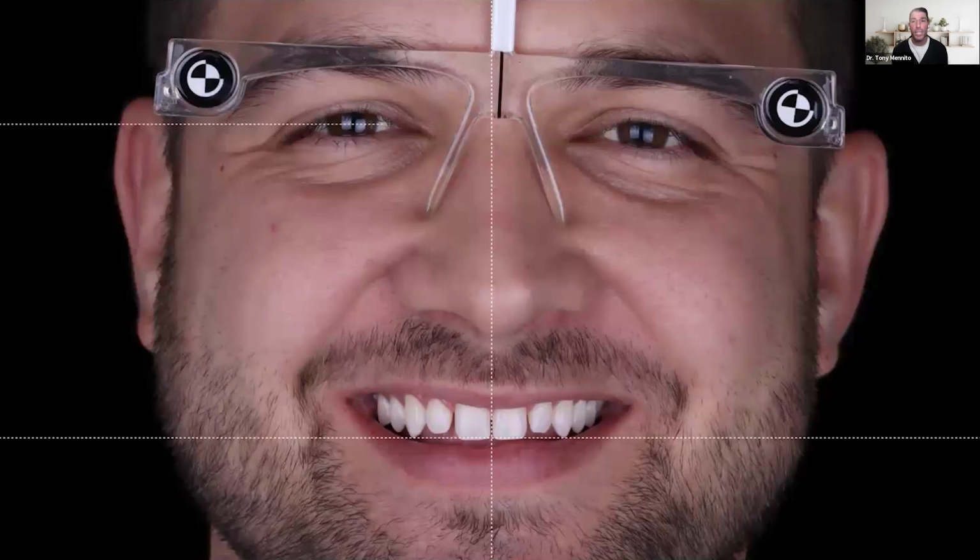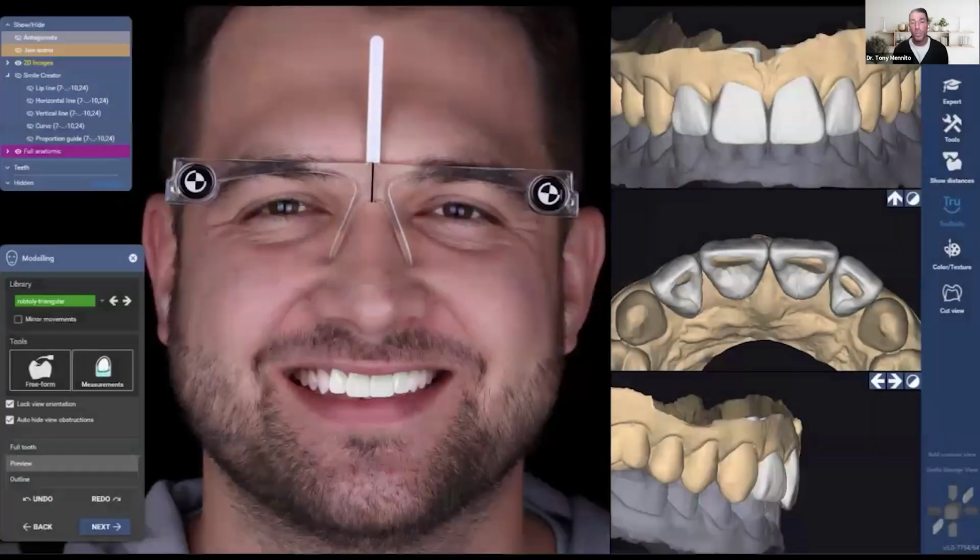Now, I was able to show this to Dom. He's a dentist, right? He knows all about this stuff. And we talked about the fact that sometimes that interpupillary line is not necessarily representative of how his natural head position might be, right? Everybody's a little bit different. So if we redraw those lines now and we instead look at the tip of the canine, can you see that one eye falls below the other? So this is how the lab would have seen this case, and this is why they would build this back with a cant. So instead, what I can do is I can take this photo, I can merge it with